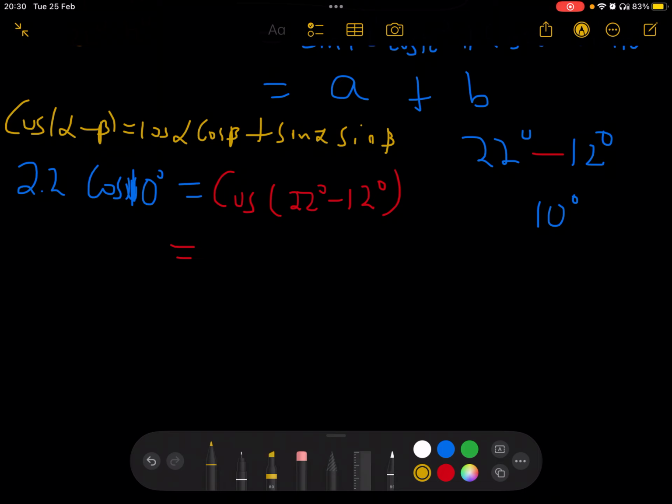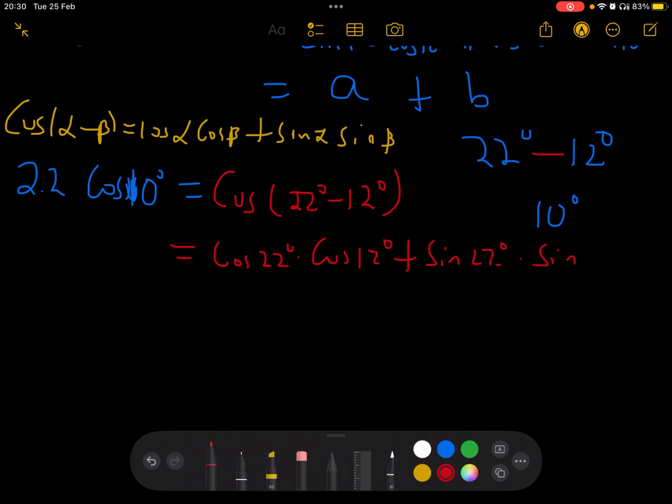Therefore, here we will have cos 22 times cos 12 plus sine 22